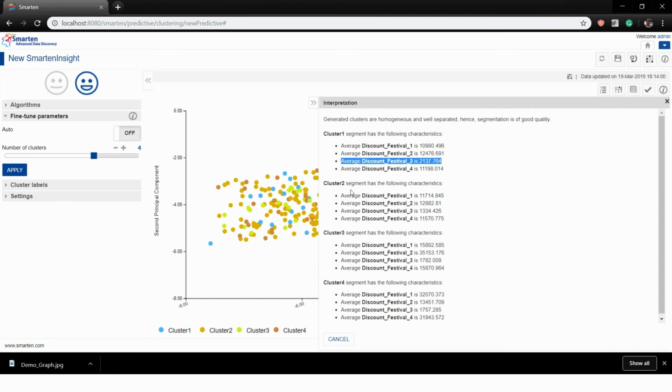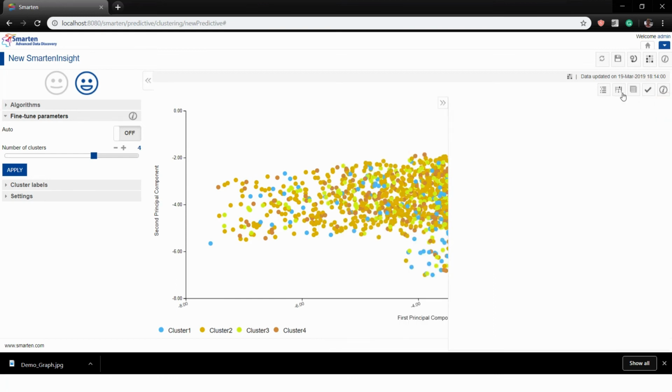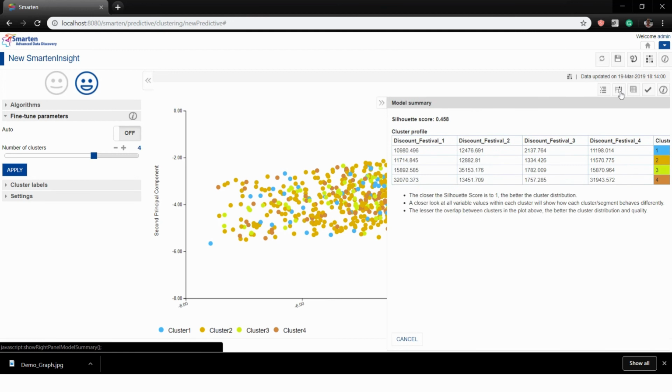Same thing, if we look at cluster 2, again festival 3 seems to have fallen flat, but festival 2 is doing well. In cluster 3, Festival 2 has done exceptionally well, and this could be a cluster which you need to focus on during this festival. And say in cluster 4, Festival 1 and Festival 4 seem to have done exceptionally well. So you can look at the details of this cluster,